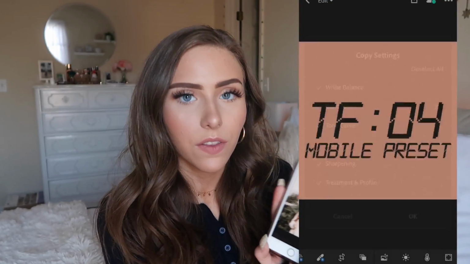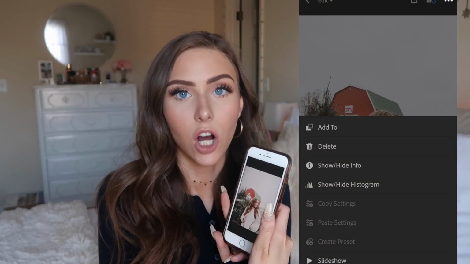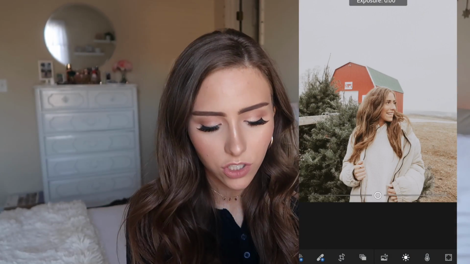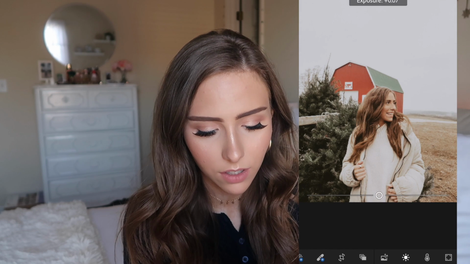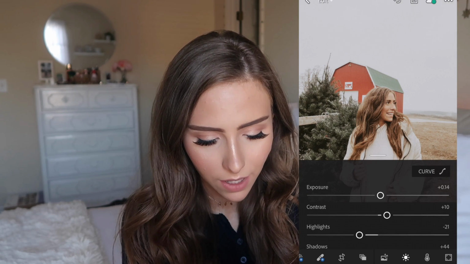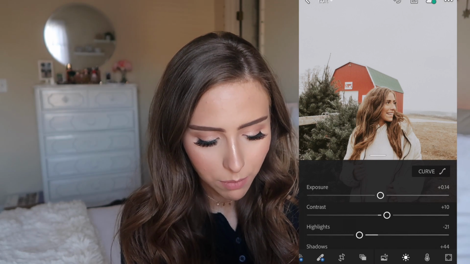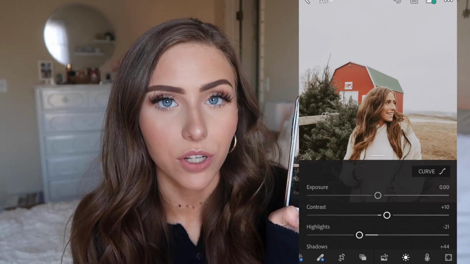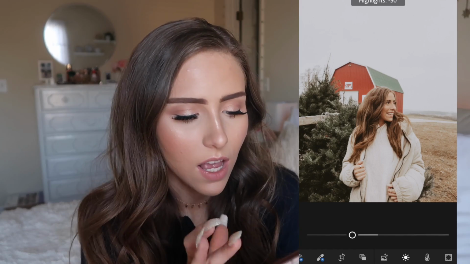Okay, so once you get the preset pasted on there, then you're just gonna adjust the lighting and all that kind of stuff. So I usually start with the light, and then for this one, I'll turn the exposure down a little bit, and then maybe the contrast up a tiny bit. Those are just the things that I would play with. I would paste the preset and then adjust those things,